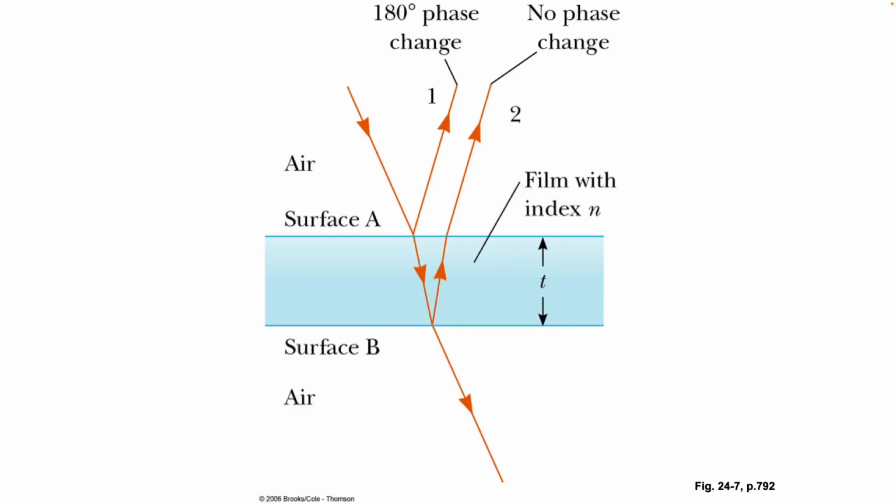Yeah, the path length difference is 2t. So that's a lot easier than having to go through and do all of the Pythagorean theorem. It's not impossible, but it's the concession we make for physics 4C. All right, so let me